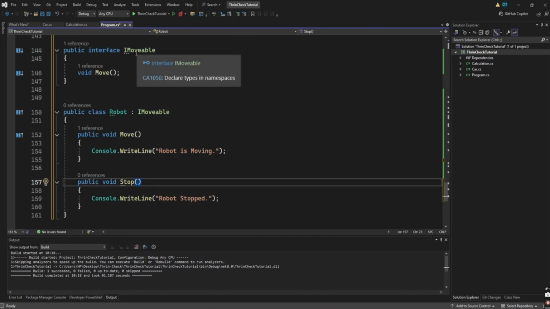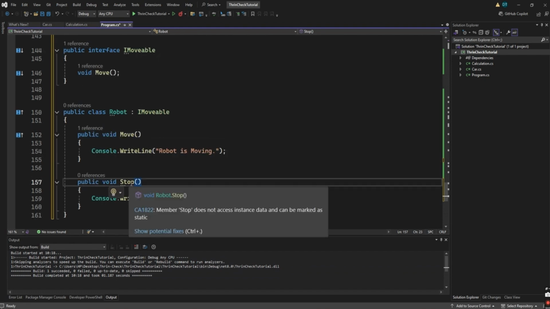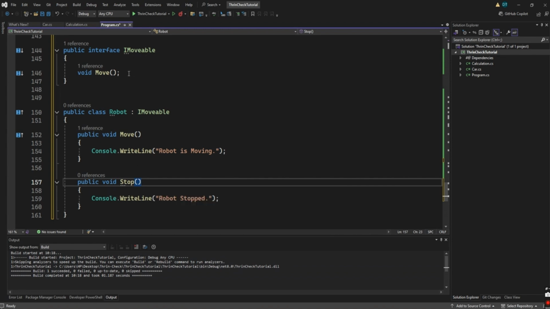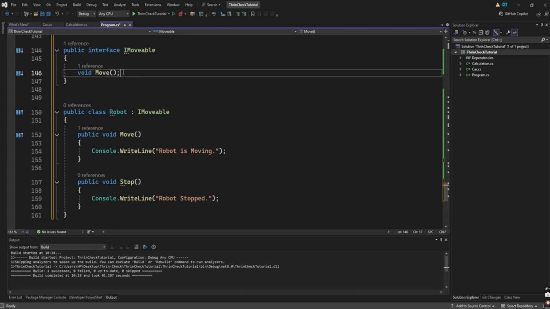If this interface does not have the declaration of this stop, it will not actually throw any error, because only the class knows that, okay, I have this stop, but the interface does not even know that the class is having the stop, right? But once we put this declaration of stop inside this interface,